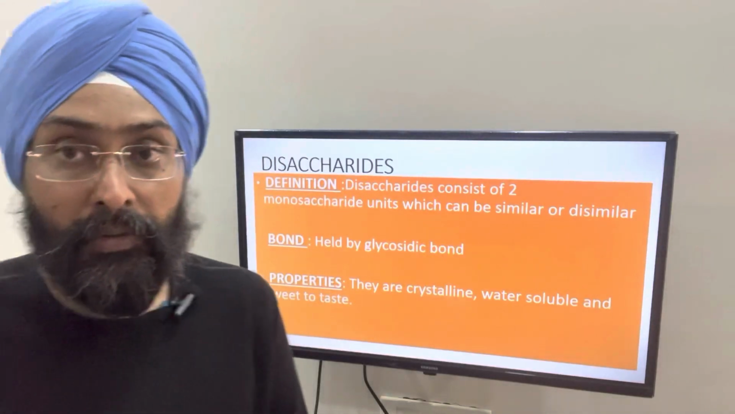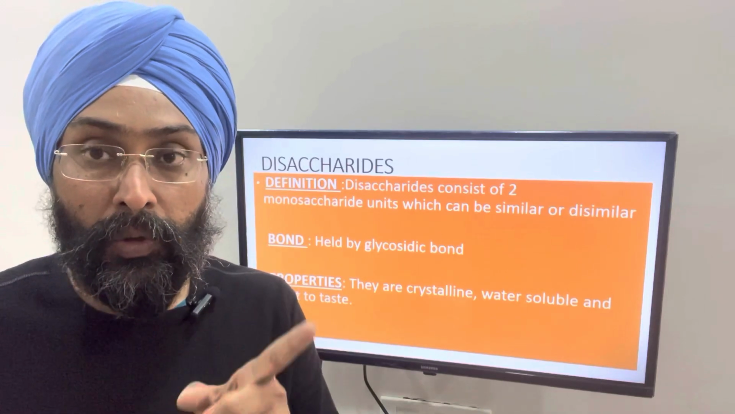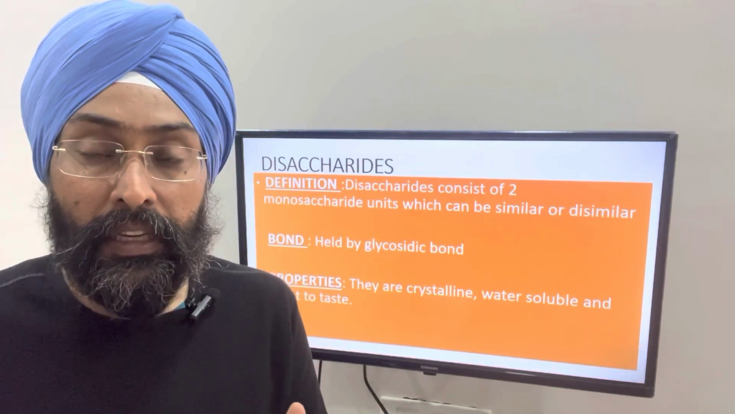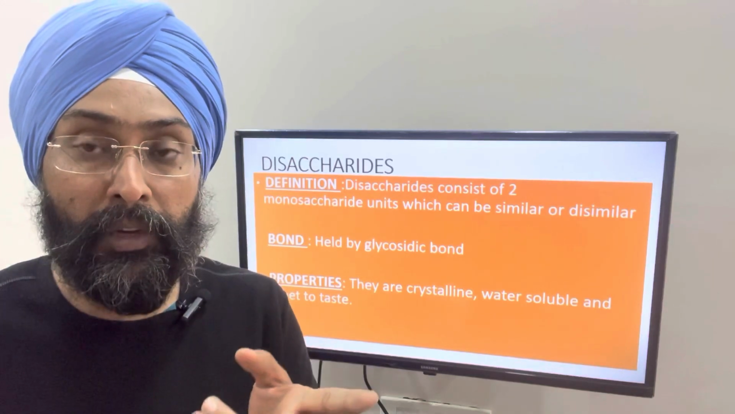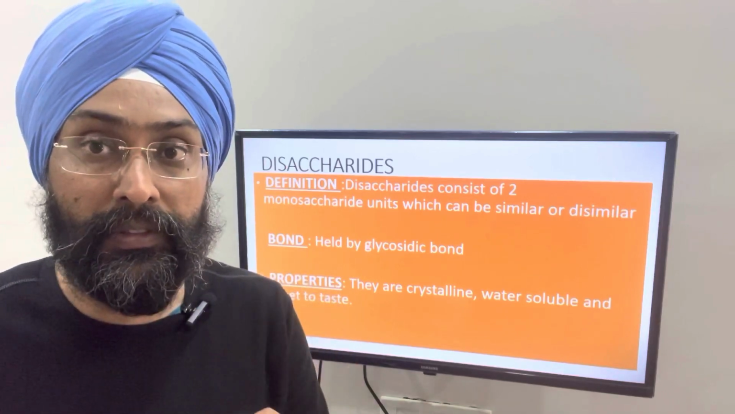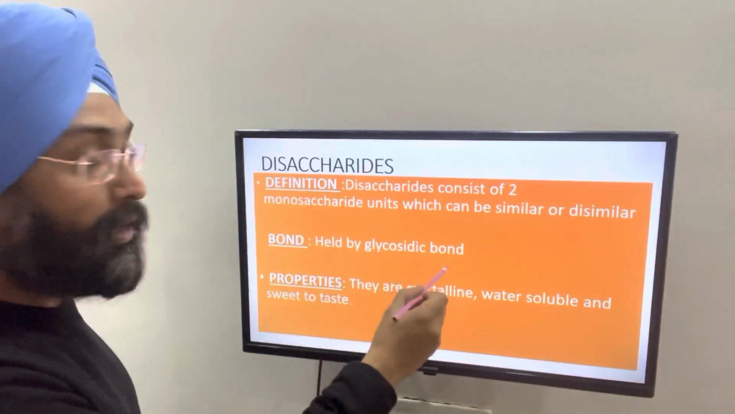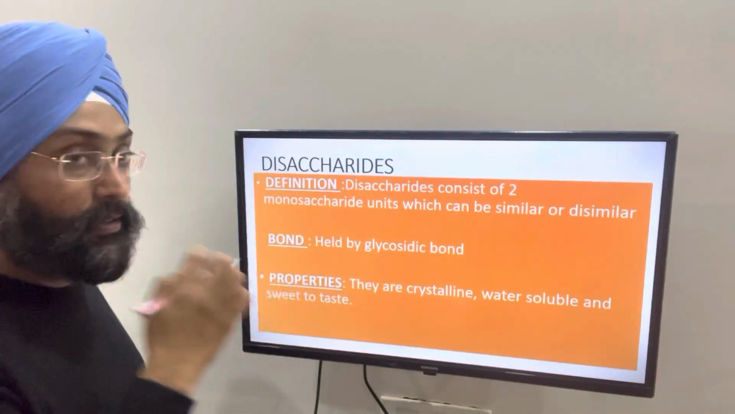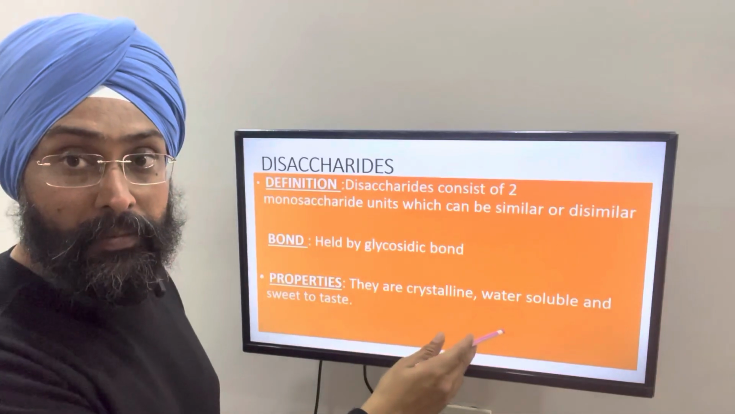For example, we will take lactose, it consists of glucose and galactose. Glucose and galactose are two different units. In case of maltose, we have two glucose only, right? Those same molecules are there in maltose, but in lactose we have two different, dissimilar units. Now coming on to the bonds, they are held together by glycosidic bonds. Properties: there are three basic properties of disaccharides, that is they are crystallized, water soluble, and they are sweet to